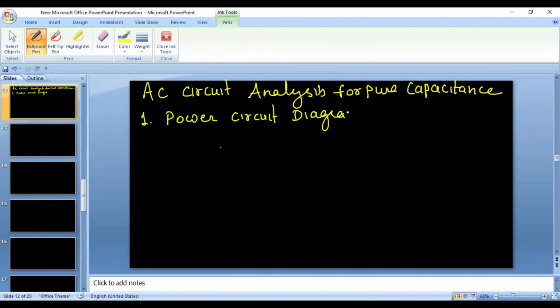As far as the power circuit diagram is concerned, we have to make the AC source, which is represented mathematically by Vt equals Vm sin omega t, and its symbol as I have drawn. Now it is connected to a pure capacitance, the value of that capacitance is C, and the current flowing in this circuit is IT. Now we know in case of capacitance,